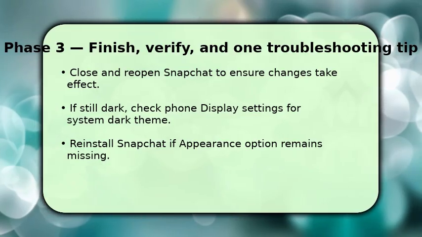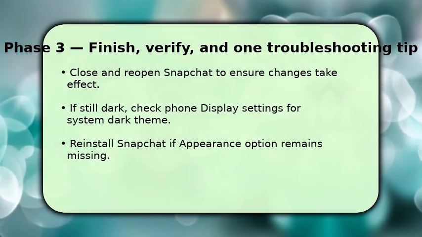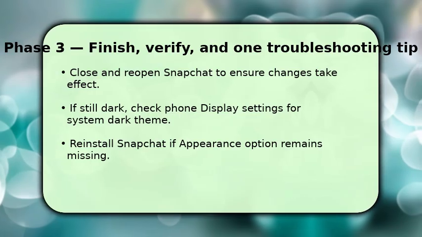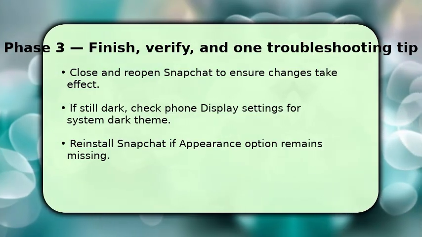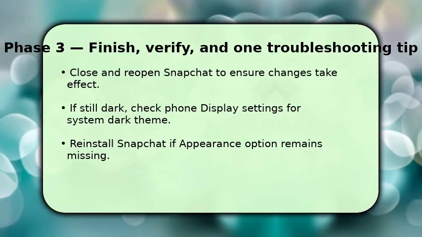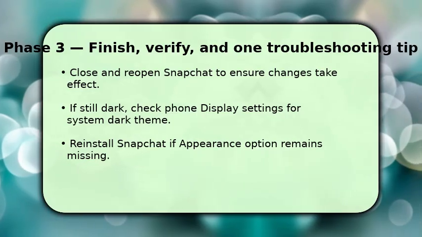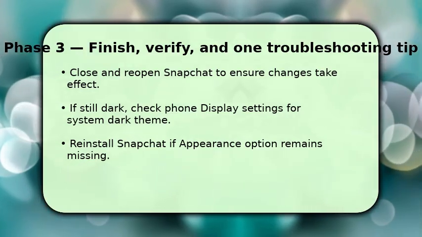override app choices. If appearance is missing or the toggle doesn't stick, sign out, clear app cache, or reinstall Snapchat. This resets settings and usually restores the appearance control. Finally, test a few screens to confirm the light theme